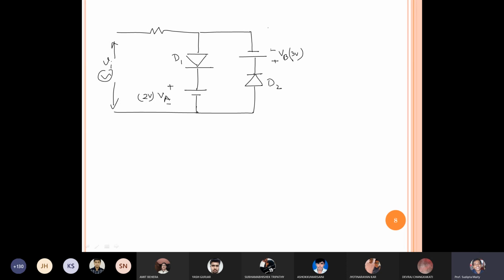What is the output voltage? Output we are taking across this terminal. This is my output voltage, sorry, V0. So output voltage is nothing but this is my A terminal, B terminal. So V0 is nothing but VAB. We are assuming. Okay, draw it. Just you sum those two circuits and solve it.